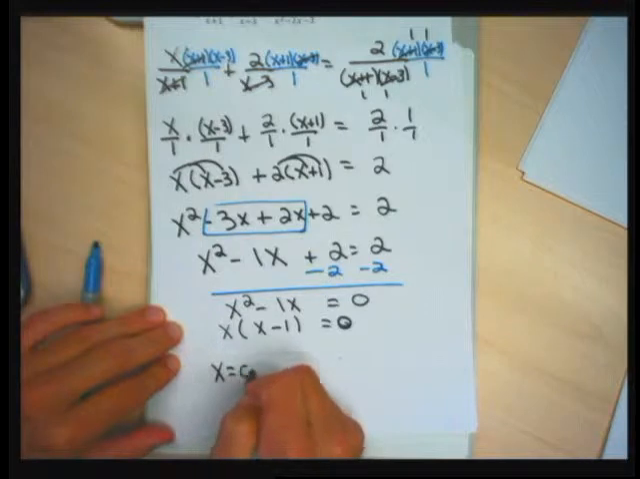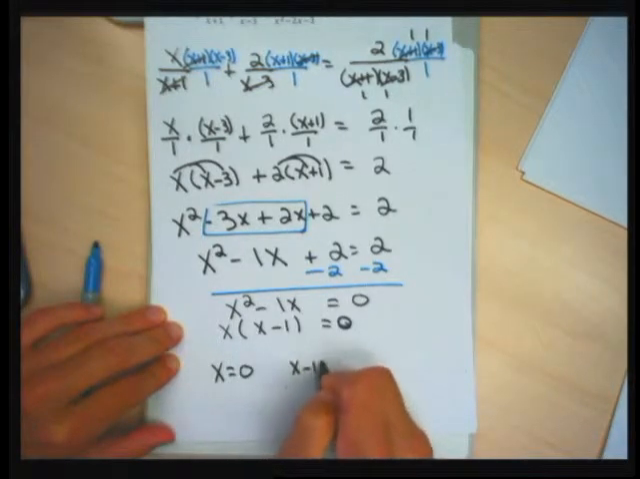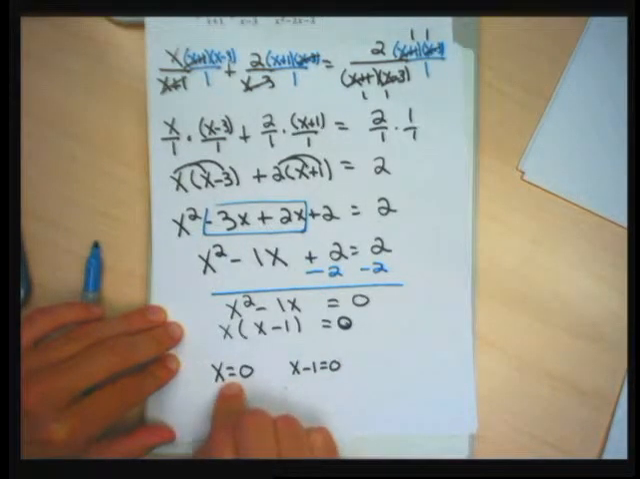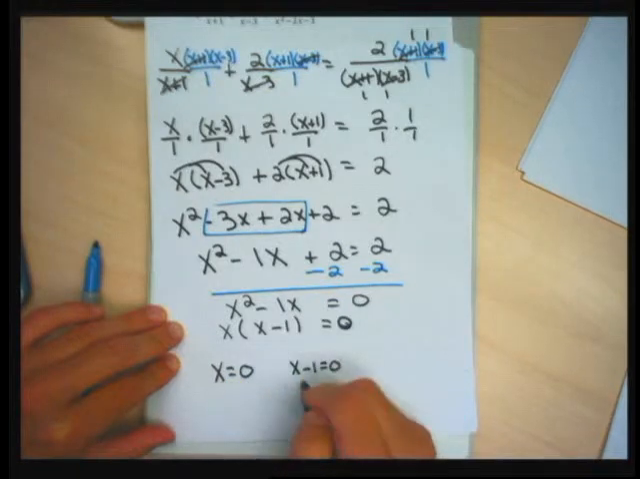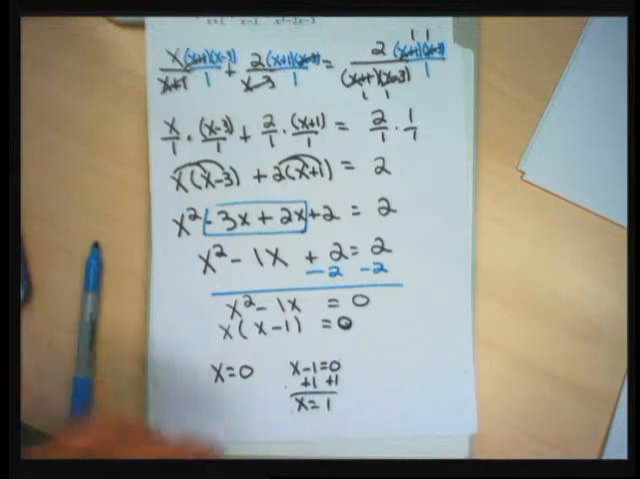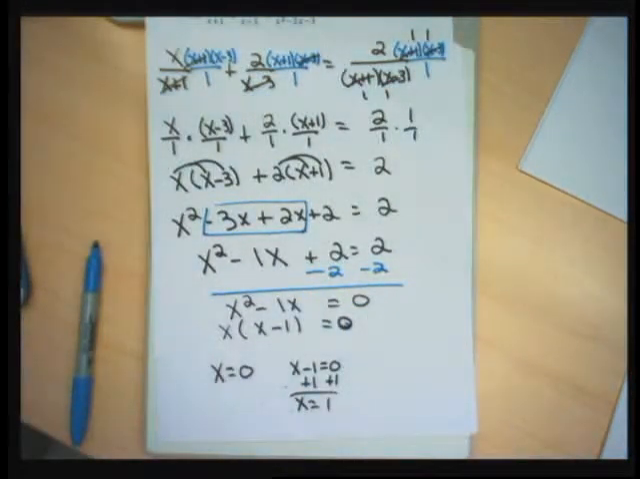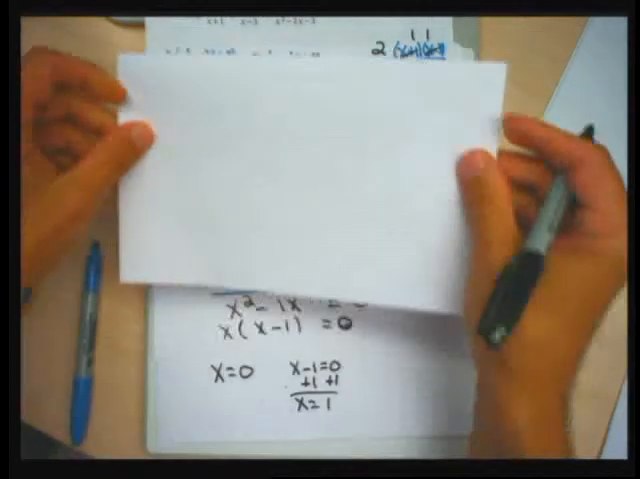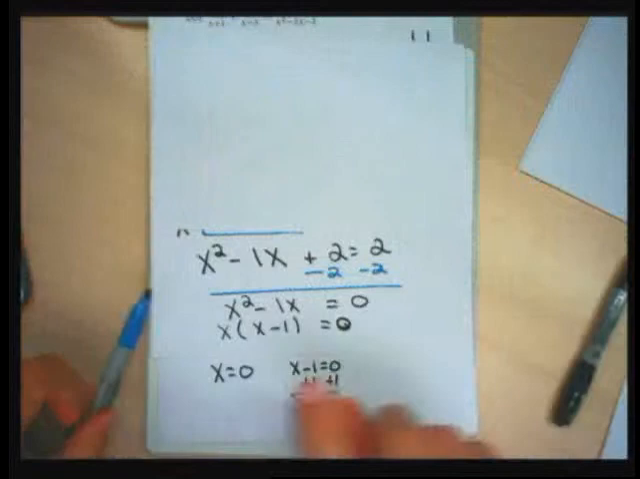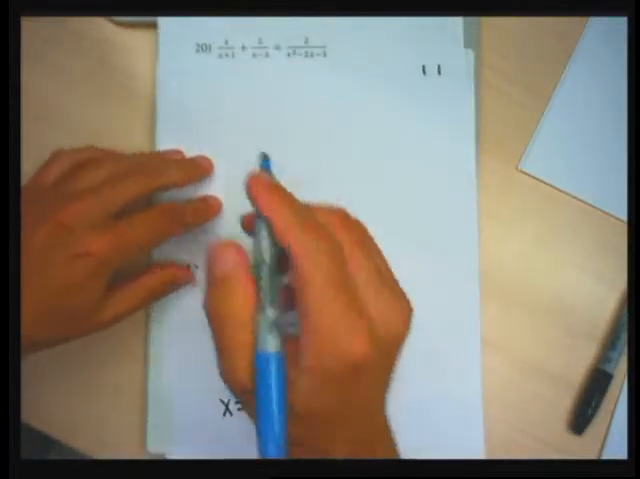Each factor that has an x is going to give a potential solution. The first one I get is 0 as a potential solution, and the x minus 1 factor gives me a 1 as a possible solution. I better check because I think something bad's going to happen here. So first thing I'm going to do is check the 0, because the 0 is a nice number to check. And for checking the 0,